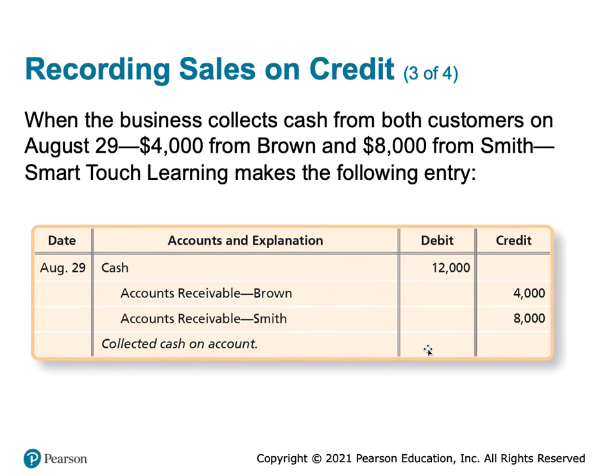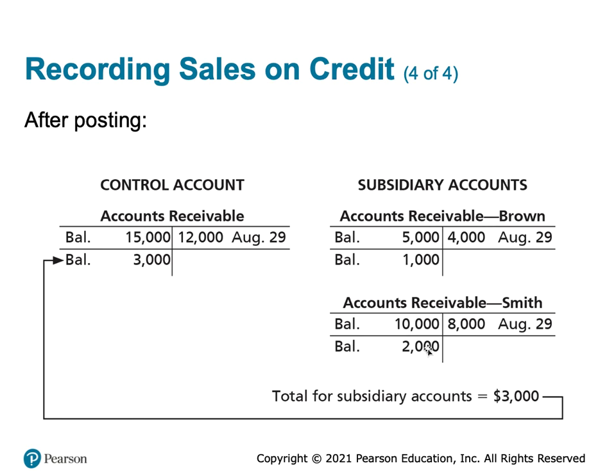So then when we actually collect cash from the customers, that's a debit to cash showing that we're increasing the cash asset, and a credit to each accounts receivable account that we collected from, each customer specifically. And then again, we can just see that now that we have a $2,000 balance for Smith, but collectively on the accounts receivable, we're showing a $3,000 balance on our financial statements. As far as decreasing